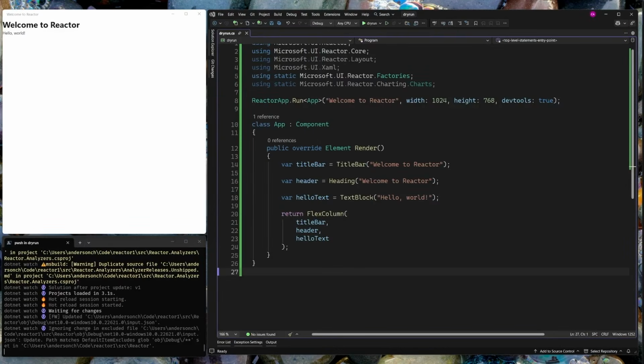Let's dive right into Microsoft UI Reactor, which is a new open source project that we're releasing that shows the future direction that we're thinking of for WinUI. It includes a bunch of controls that are experiences that we think are going to be delivered as part of the core WinUI bits using the XAML you know and love, data binding,